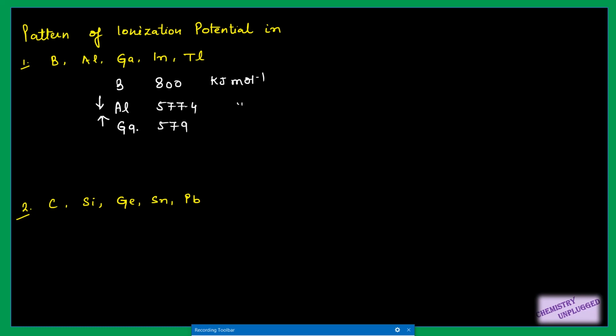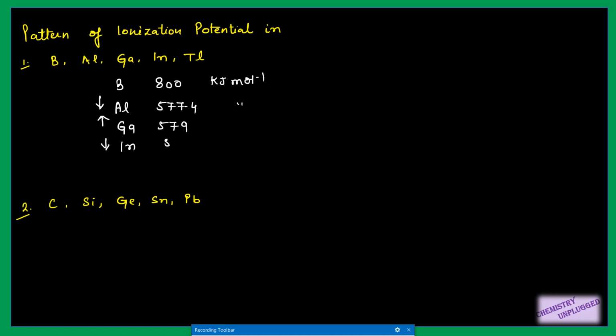It means when we go from boron to aluminium, it decreases, then again increases, right? And this is due to the addition of d orbitals in gallium, and we know that d orbitals are not very good for the shielding effect, right? So they are not effective for shielding. And the second factor is that the size is increased, so these two factors oppose each other, and the value is almost the same for aluminium and gallium. Then next we have indium. So again the value decreases when we move from gallium to indium.